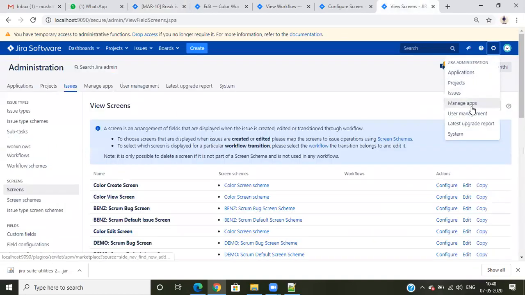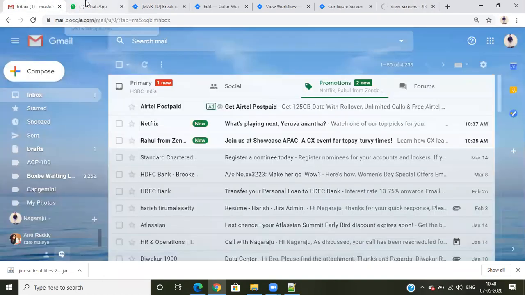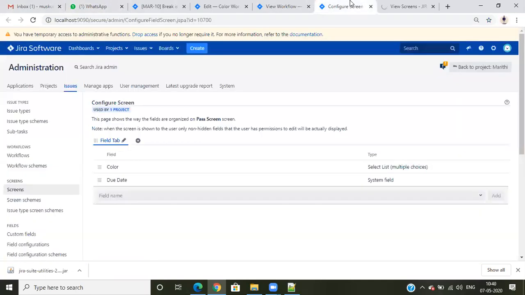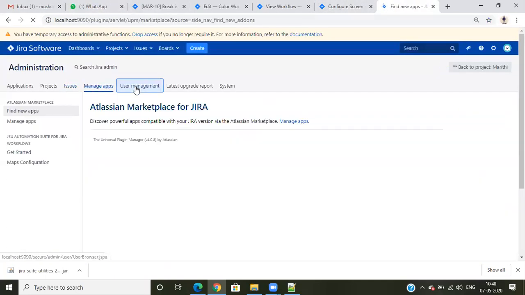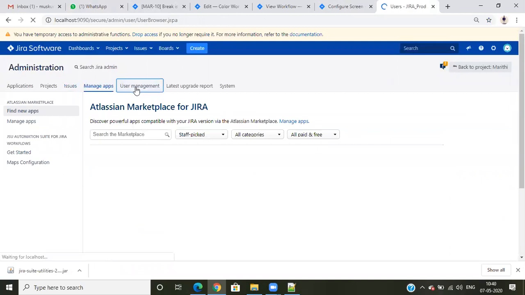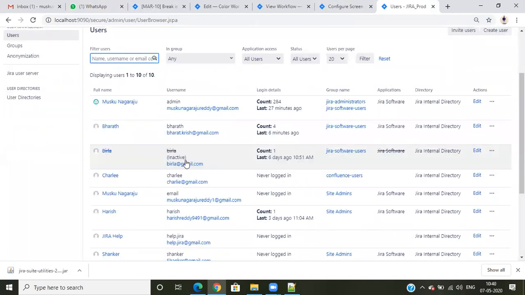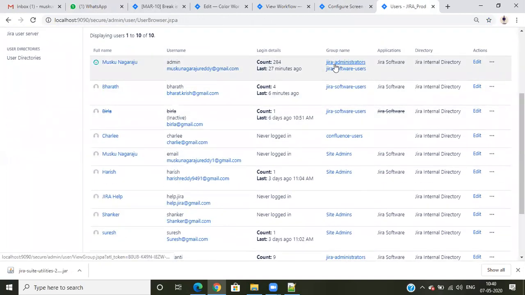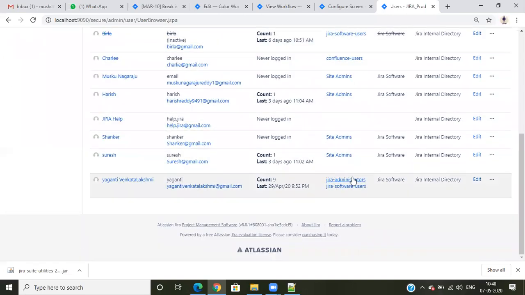Okay, if I open user management, the Jira administrators are only Nagaraju and Venkat Lakshmi.